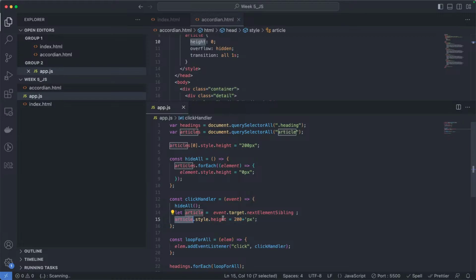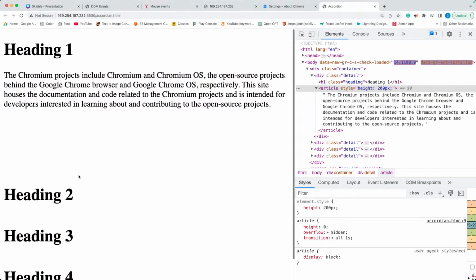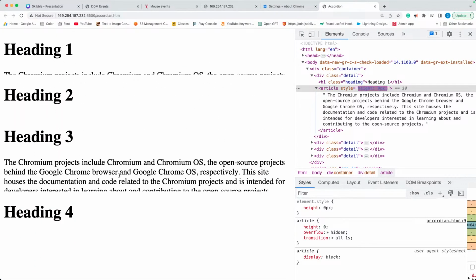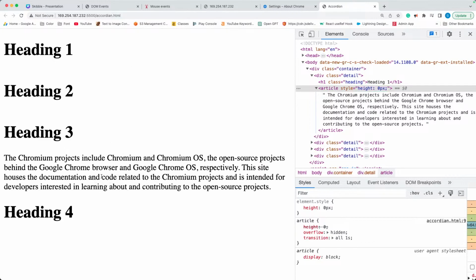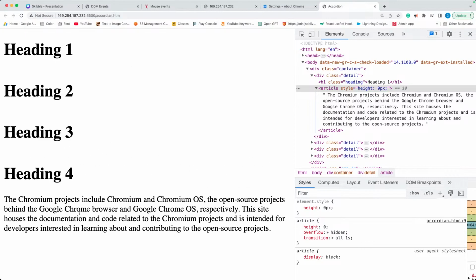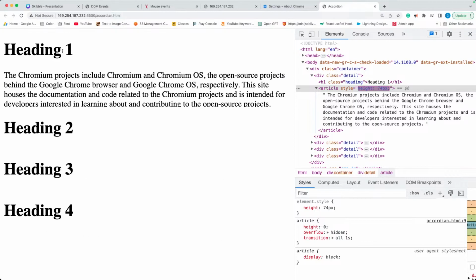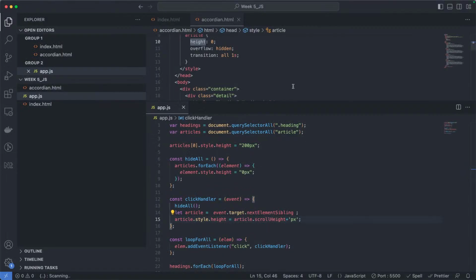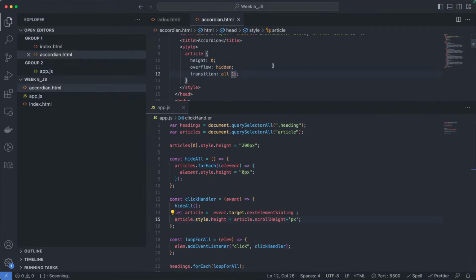So article dot scroll height property should give the exact height that the element holds. And now this time around, whatever height that element was originally holding is the value from scroll height. And if you wanted to change that speed, you could say 250